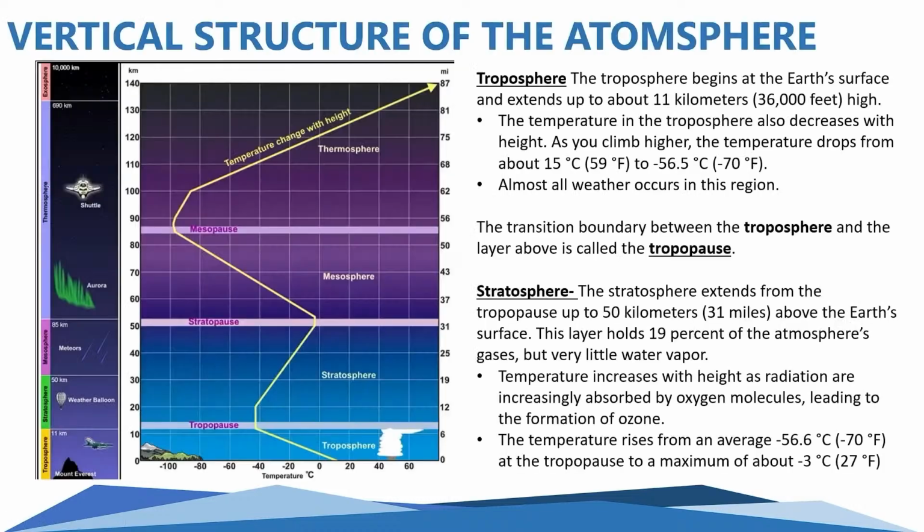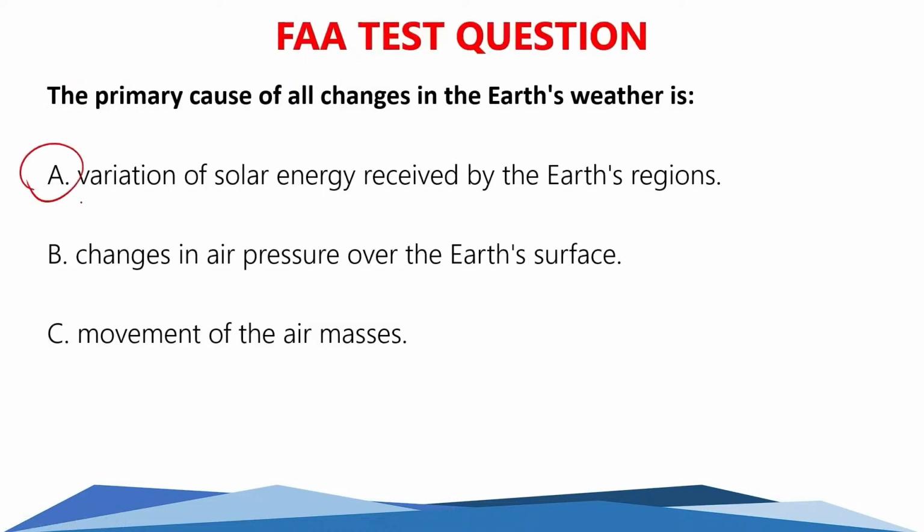So the correct answer is going to be A, which is the variations of solar energy received by the Earth's regions, which is another fancy way of basically saying the unequal heating of the Earth's surface. That's another potential answer. Or I've even seen this question with one that just says sun. Okay. So if any one of these comes up,